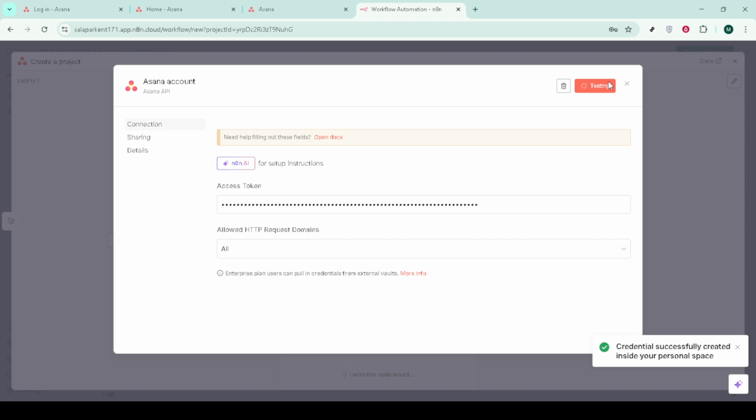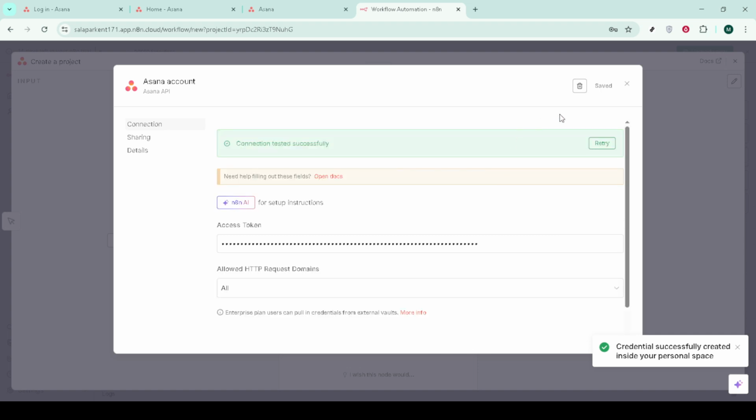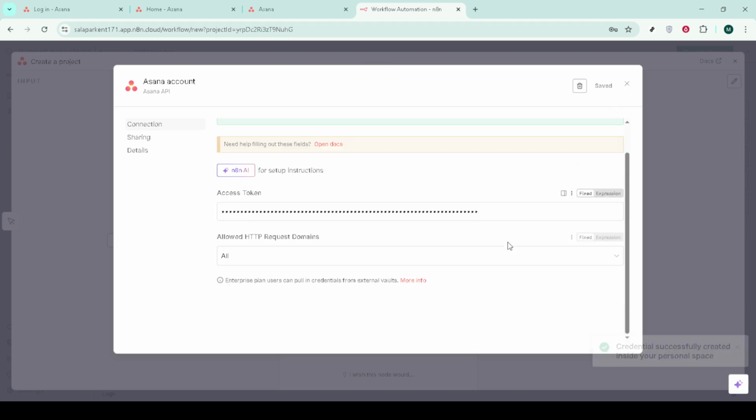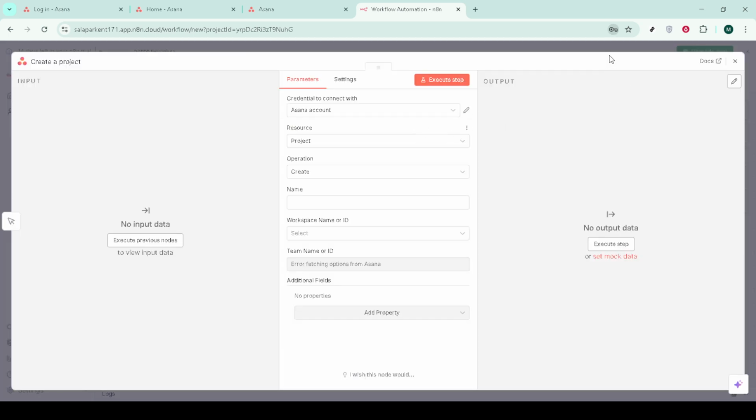Finally, build out the rest of your automation. You can chain additional nodes to enrich data, add filters, or send notifications once tasks are created or updated. Give the workflow a clear name, run a quick test with sample data, review the output, and adjust any fields as needed. When everything looks good, activate the workflow so it runs on